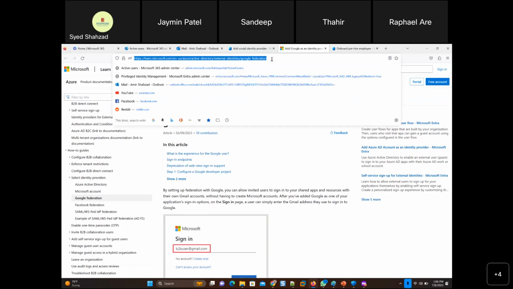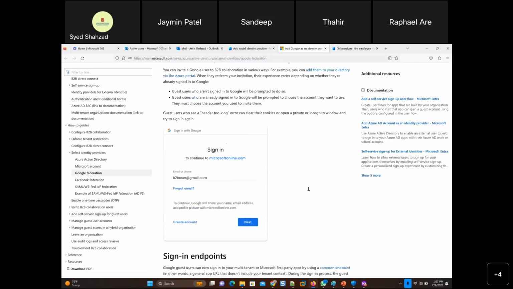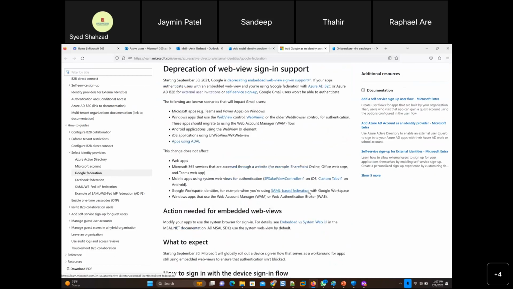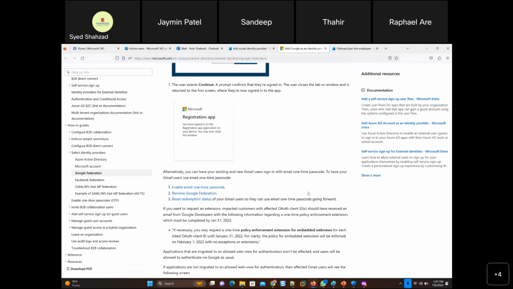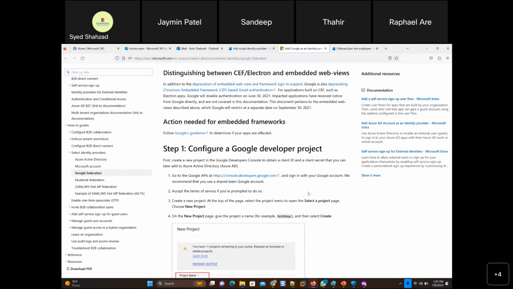So this is something that is pretty much similar experience, but obviously Dropbox is a different company, so a few steps are different. Salesforce is a different company, so few steps are different. So Google is a different company. Few steps will be different. Oh yeah, there you go.